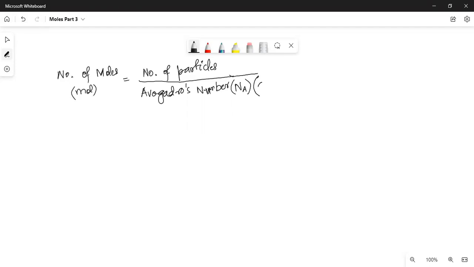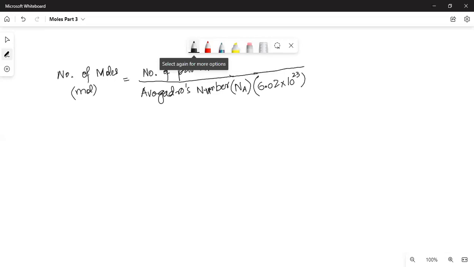So let me write the number over here, and it's a really big number. It's 6.02 into 10 raised to the power 23. Now that's really a big number. If I don't write it in scientific notation and write it in symbol numbers, it would be something like 602, and then I'd have to write like 20 zeros after it, maybe 21 zeros. So that would be a huge number if I write it this way. So we write it in scientific notation, and this number is the number of particles in 1 mole